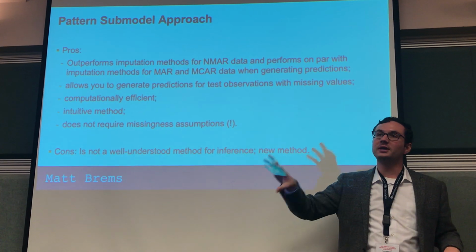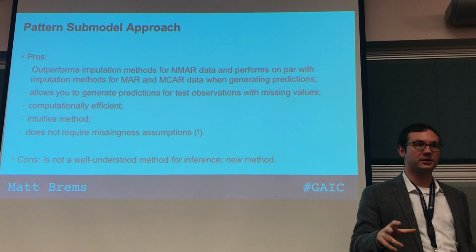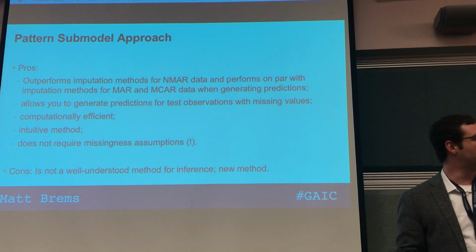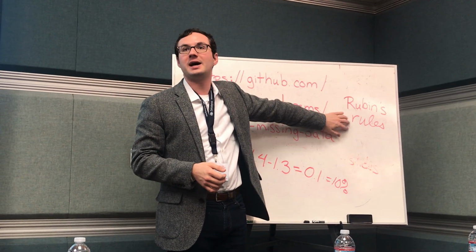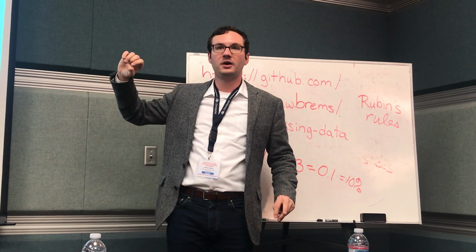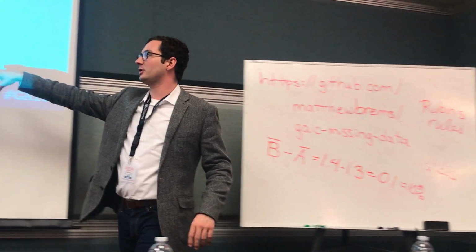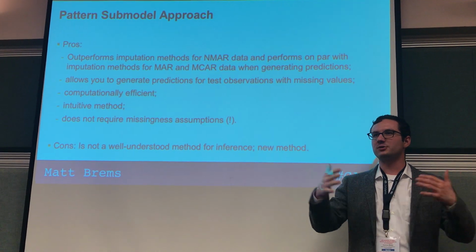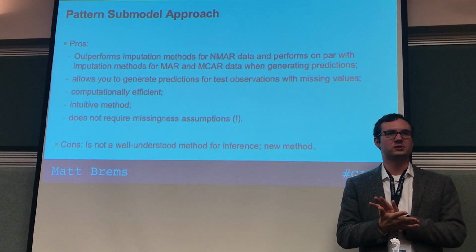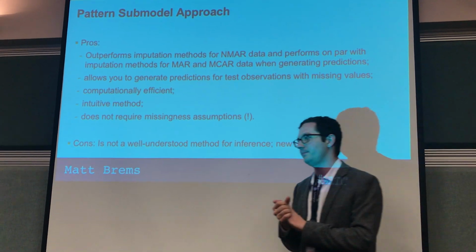So if your goal is to really conduct inference on beta naught and beta 1 and beta 2 in your final model, you should stick with multiple imputation and do those Rubin's rules. You should not try and do this, because in this case, this is not guaranteed to give you good inferential outputs. You're fitting models on different subsets of your data, and there's all sorts of things that it just hasn't been thoroughly